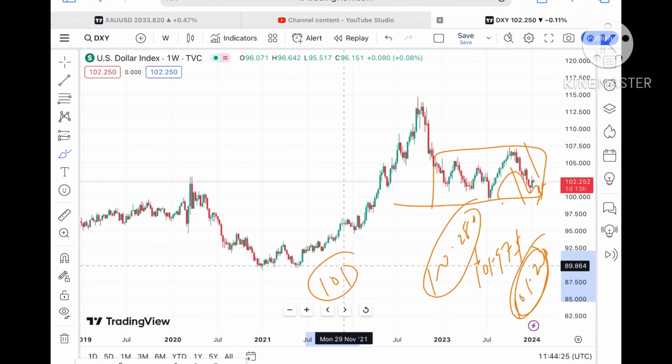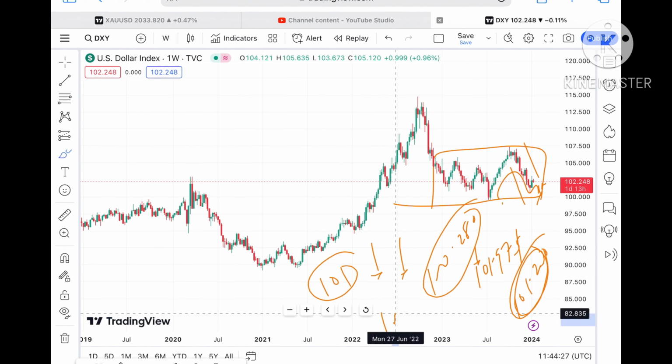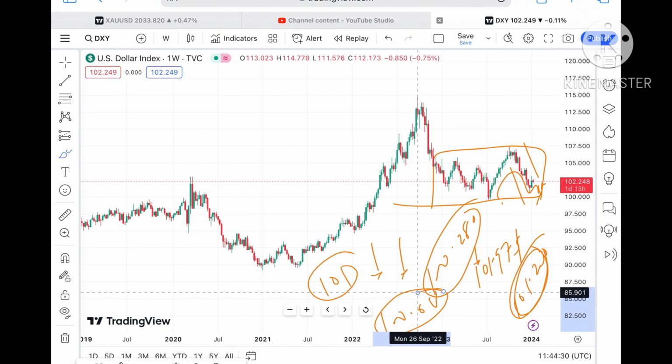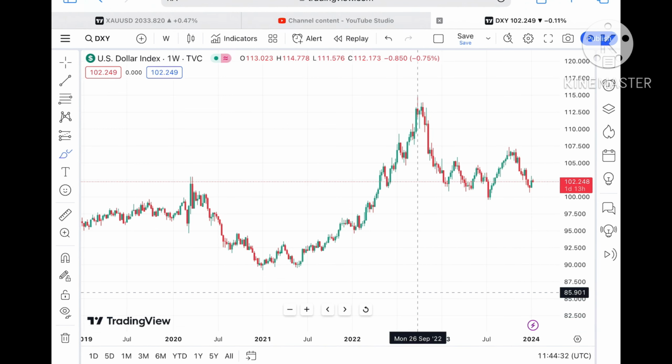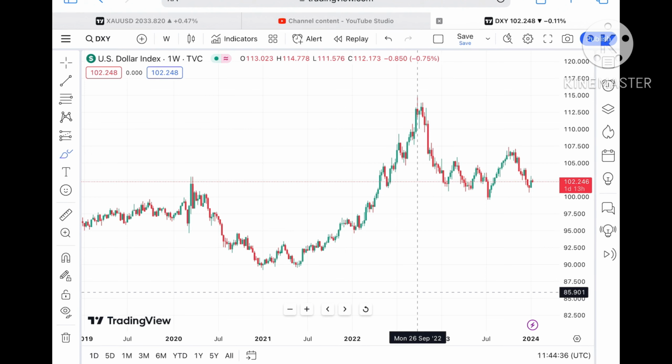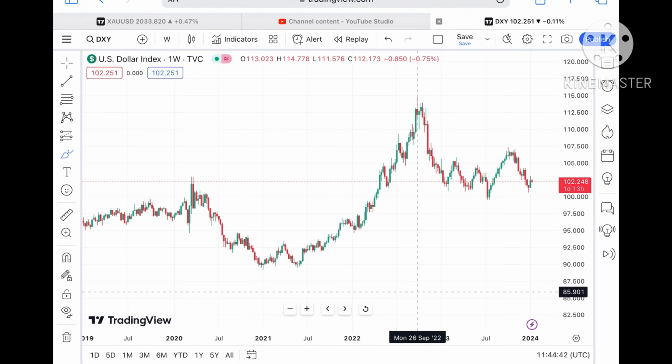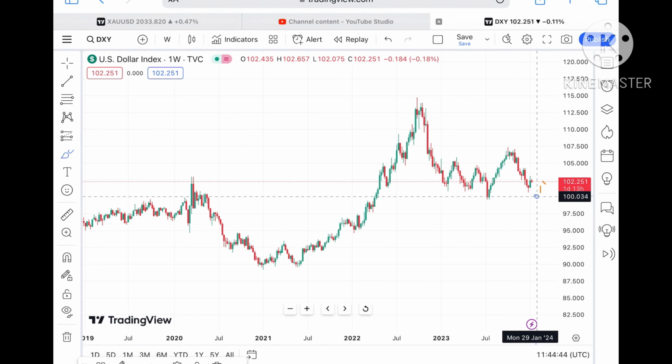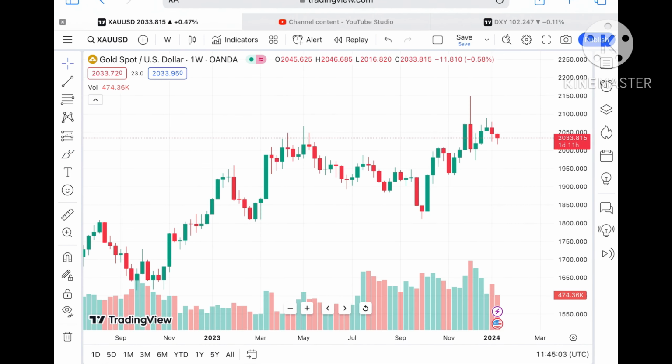So once the zone started breaking out after a level of 101, a further fall we can see, and from there it can move below a level of $100.680, and then from there a further fall. As soon as it started moving, now it is on the upside. So what we can see looking at this particular chart, the index is coming down. But once it started moving below, then we can see there will be strengthening on the gold part.